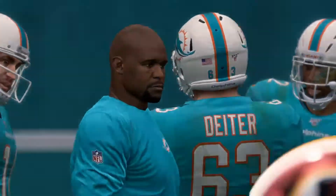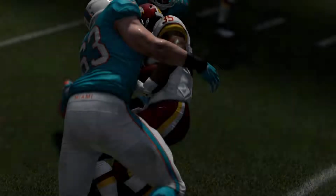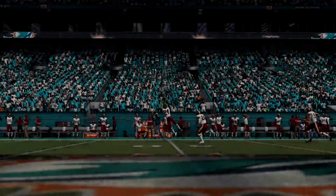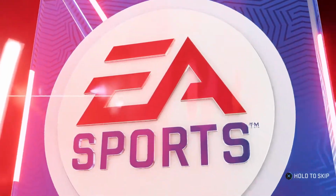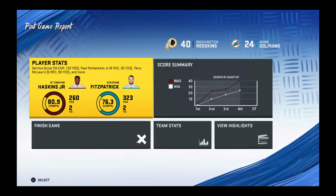A big offensive explosion helped lead them to victory, and the defensive guys, they're just saying, hey, put those points up every week, we'll just keep winning. They will gratefully accept them, won't they? It makes their job that much easier when they're scoring that many points, allows them to play with a totally different style and a different flow. So for